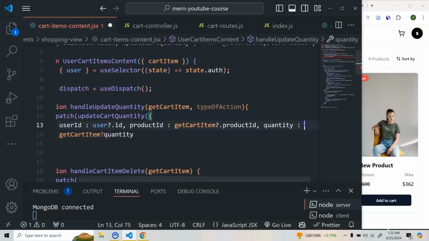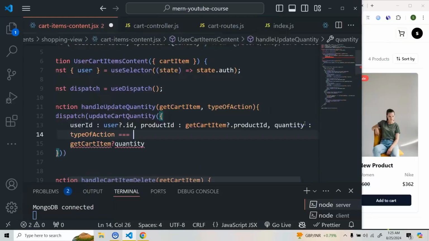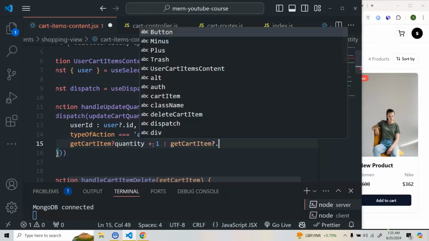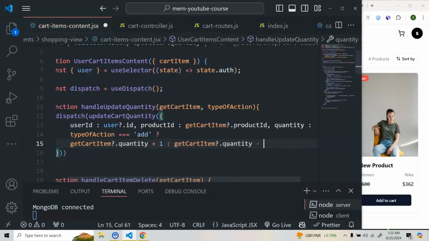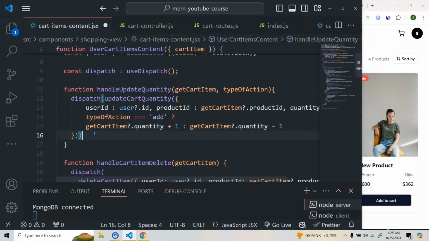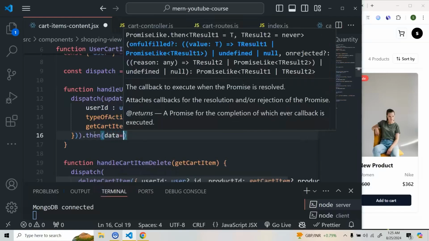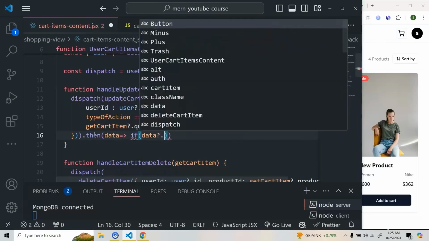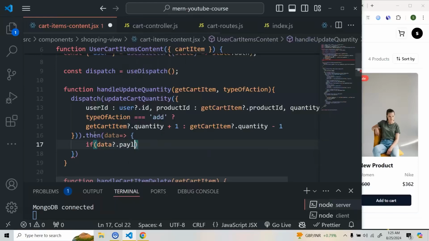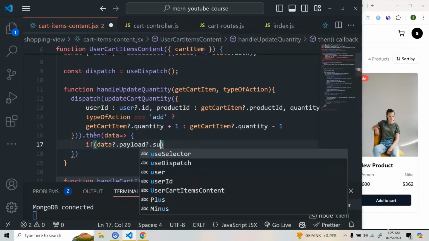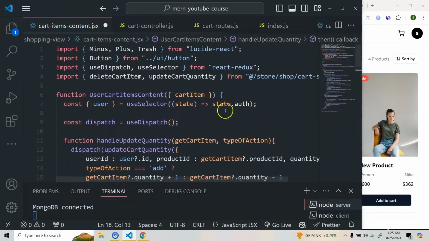So here we need to basically do a check that if the typeOfAction is equal to add, so what we'll do, we'll do +1, correct? So we'll do +1, or else we'll do getCartItem.quantity -1. Okay, dot, then we'll do data. So if data.payload.success, if this is true, so what we'll do, we'll render some toast component